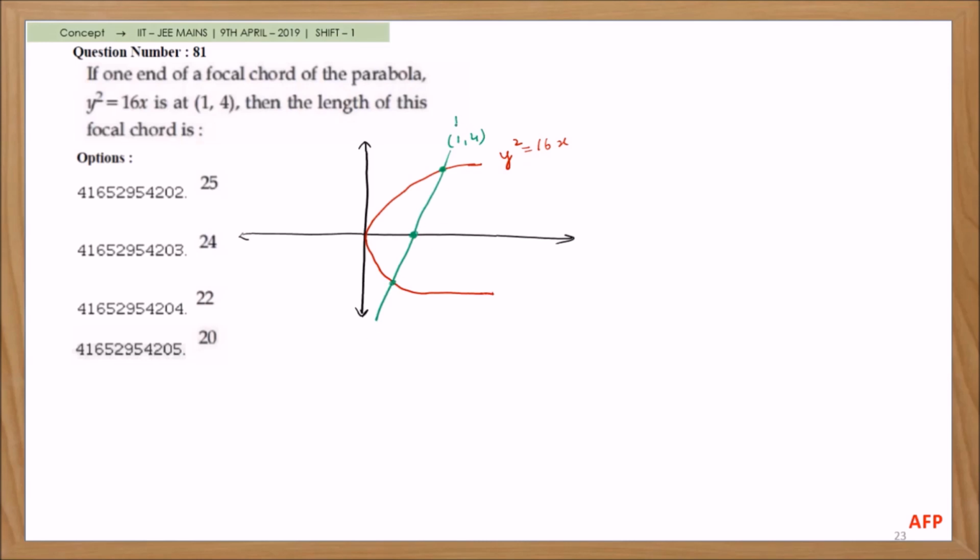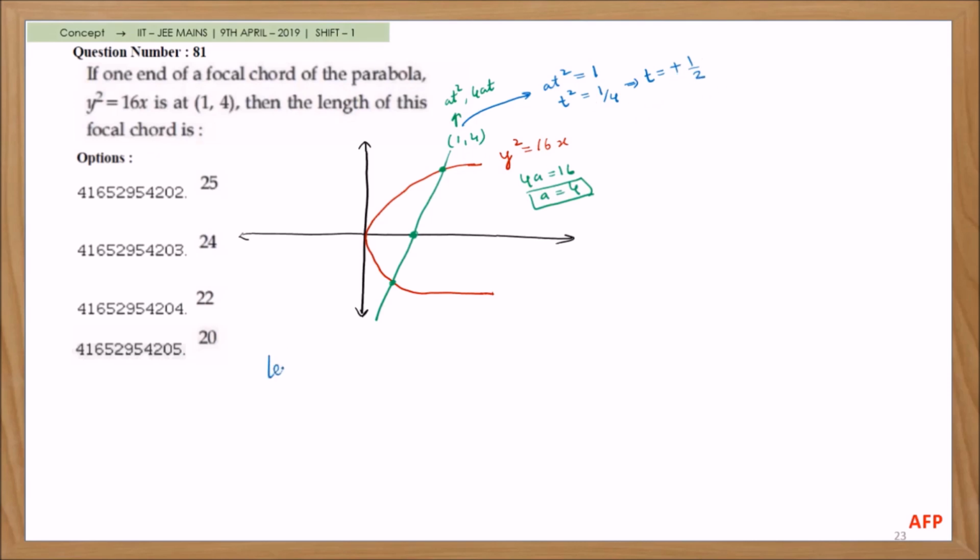So now here the first point you can see is (at square, 2at), the second point you can see is (a/t square, -2a/t). So the a value we will find from here: 4a is equal to 16, so a is equal to 4 you got. So if you substitute in this equation, at square is equal to 1, t square is equal to 1 by a, a is nothing but 4, which implies t is equal to plus or minus 2 you are getting. So one end you will get as plus 2, another end you will get as minus 2. So one end you will take as t, the other as minus 1 by t, which is 1 by 2.